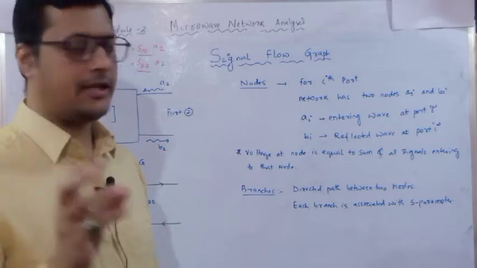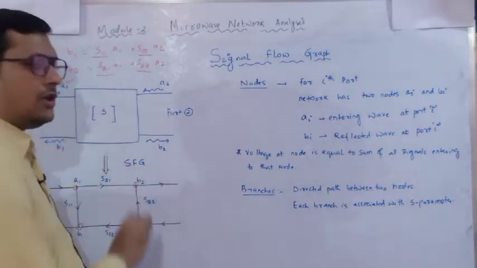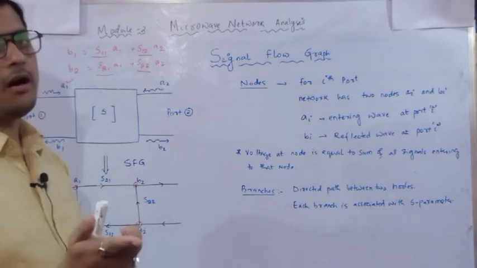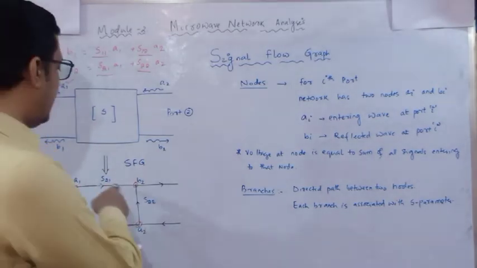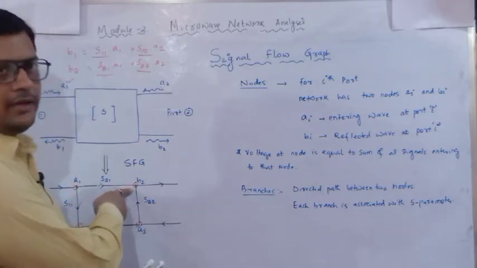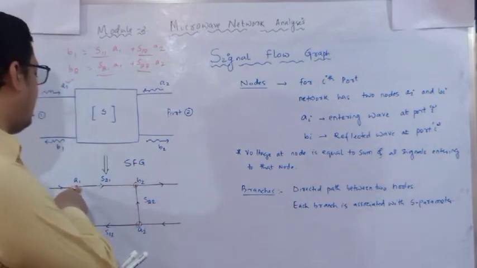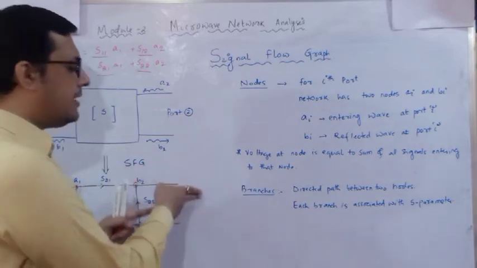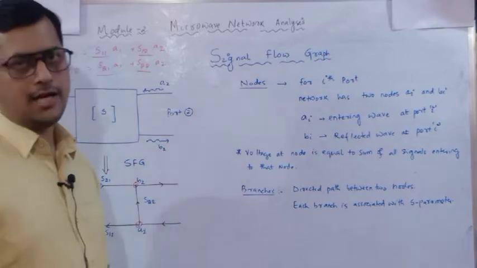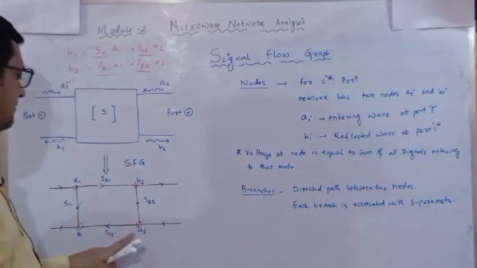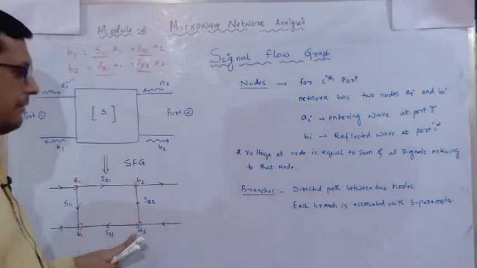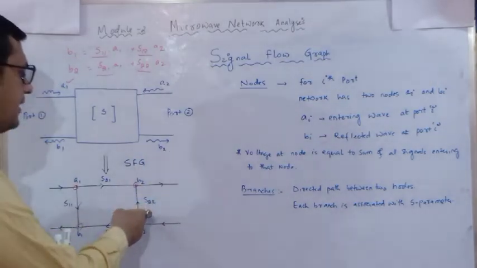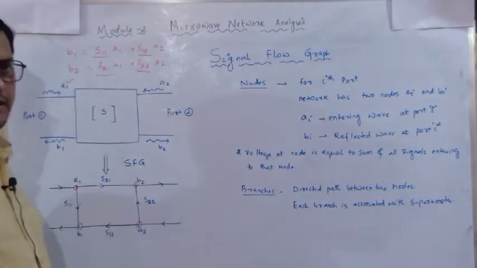And in each particular node, the sum of entering potential must be equal to the sum of outgoing potential. So here the potential which is entering B2, the potential coming from A1 and the potential provided from A2 will be added up and the resultant will be taken as an output. Similarly, at this point A2, the power is inserted here and the total distribution in the two branches, one is toward B2, one is toward B1.